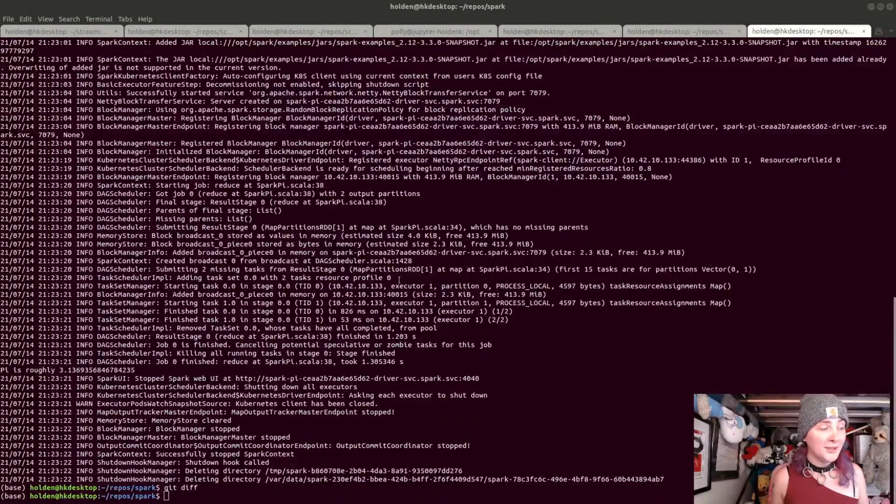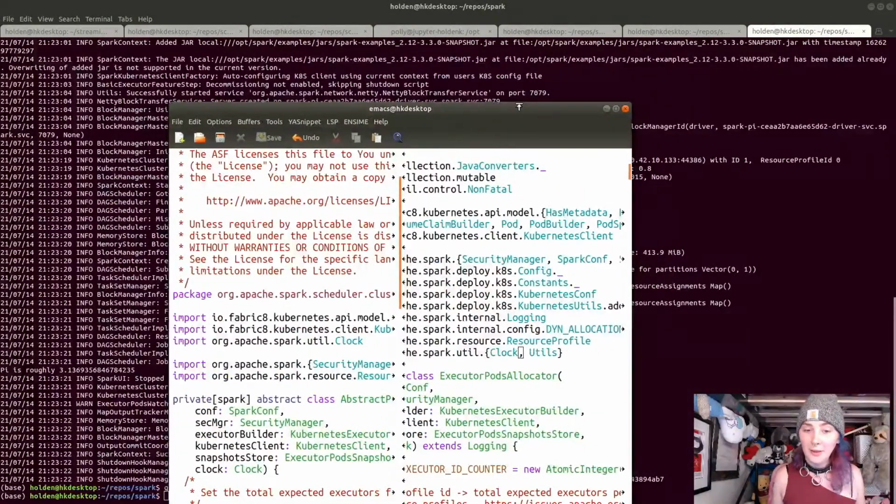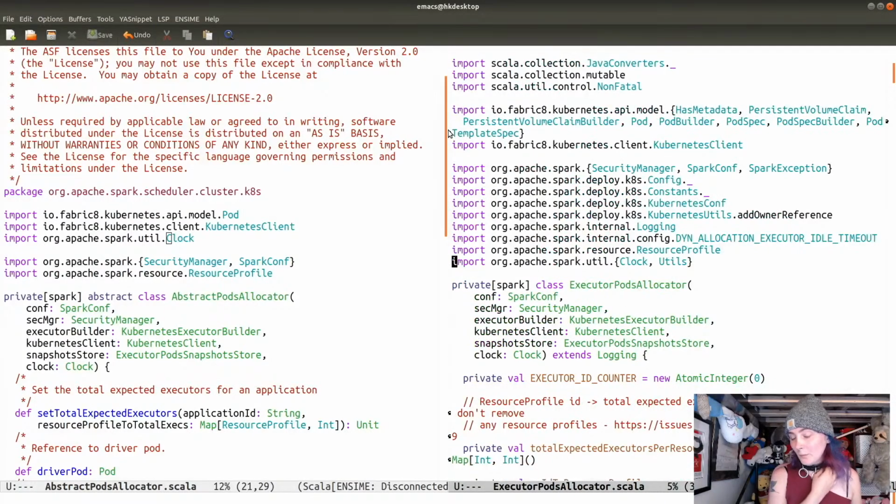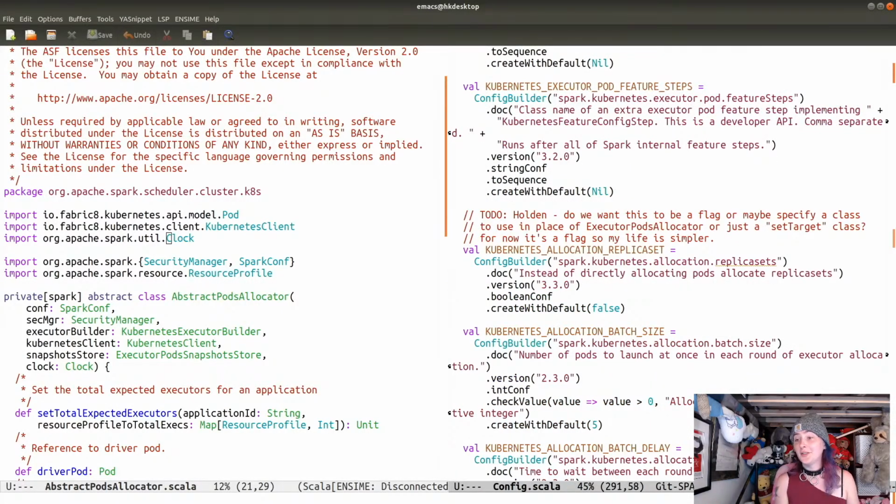Cool. So yeah, we are going to have fun. What am I going to do? Okay, so let's go over here. Don't know how my Emacs got over onto the other window. That's okay. We got it to run, which is the main part. And now that it runs, I want to start abstracting the stuff out a little bit, so it's a little bit less janky. So first thing we're gonna do is instead of this, Spark allocation